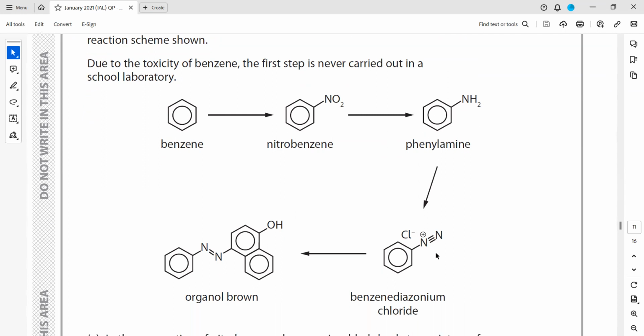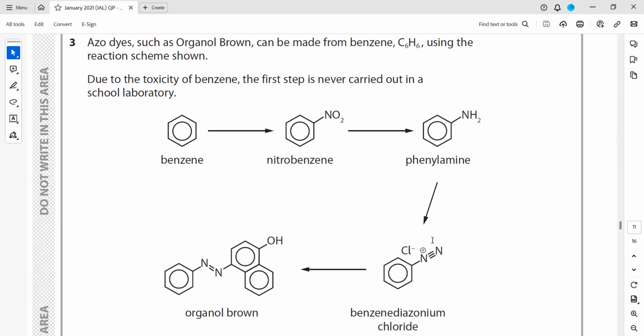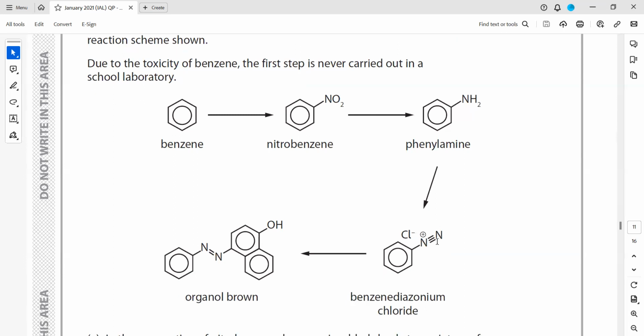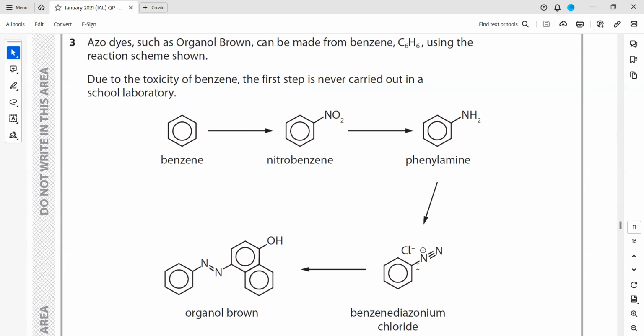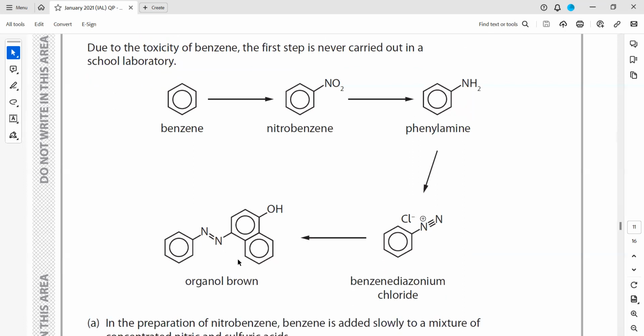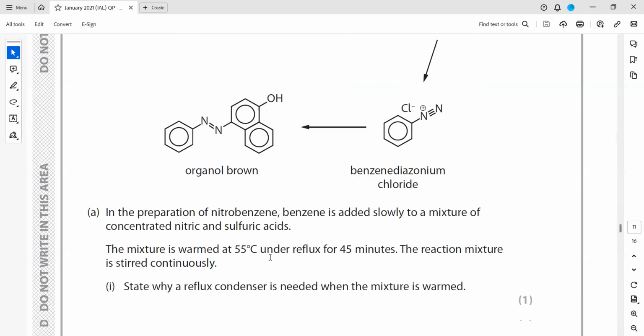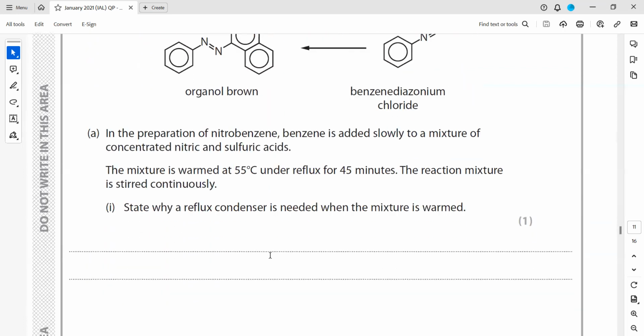Then phenylamine is converted into benzenediazonium chloride. That is by using sodium nitrite, and the temperature should be below 10, then it will happen. Otherwise, it will decompose. And then there's a coupling reaction, where two benzene rings are linked by nitrogen. That is called coupling. As a result, it will form the final product. In the preparation of nitrobenzene,